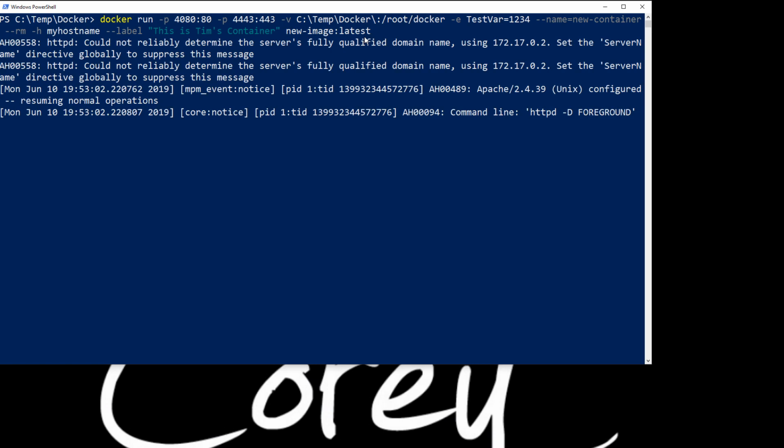All right, so now notice the HTTP-D foreground. That's because I did not do the -d